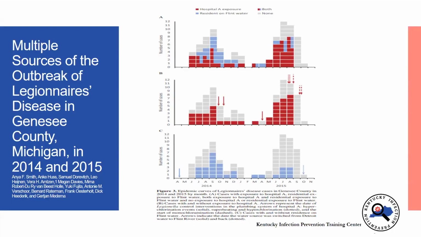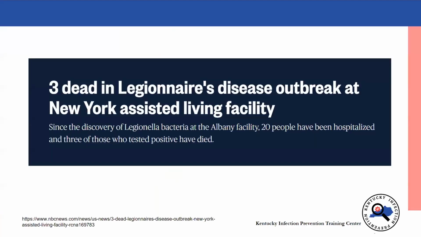Ultimately, while there were a lot of issues going on with the water in that county and particularly in Flint, you can see that there really was pretty significant evidence associated with a hospital-acquired or hospital-associated outbreak. Some may say that the outbreak was associated with the change of the municipal water, and that had to have been the cause.